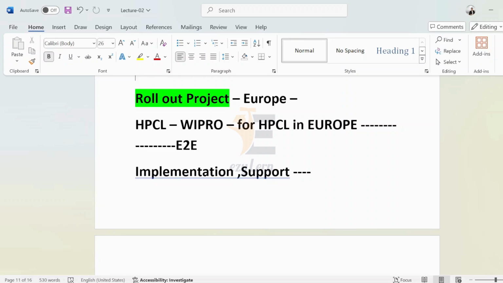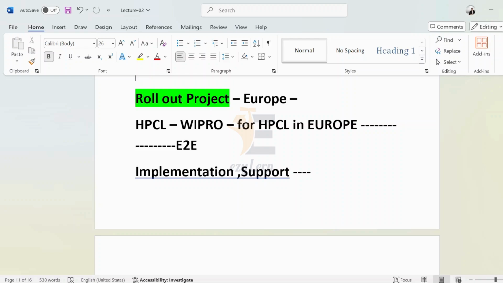Otherwise master data will mostly be the same. So these templates they will use the same in the France plant. So for Infosys this project will be a rollout project, if Balco considers Infosys for the France plant's implementation.